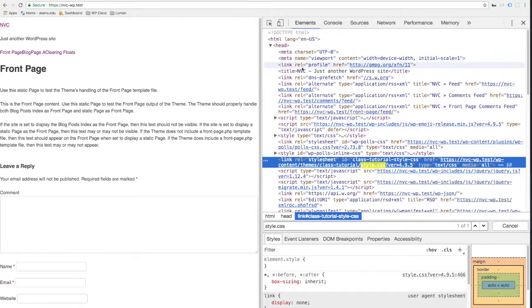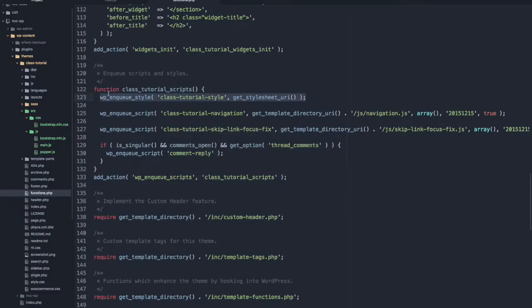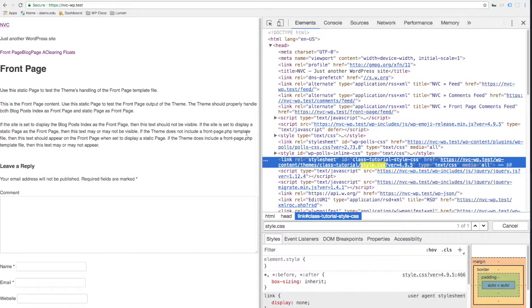WordPress is generating all this stuff for us, and then at one point it's adding the theme folder, and inside our theme there is style.css. So it's being called, so all our styles are now included in the theme, and that's all this line right here is doing. If I remove this, save, and then refresh,